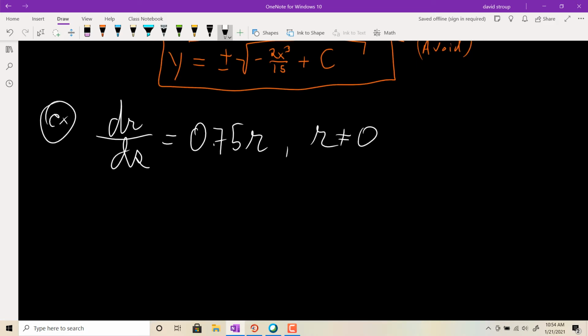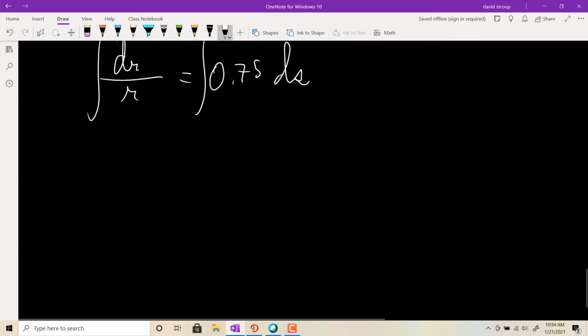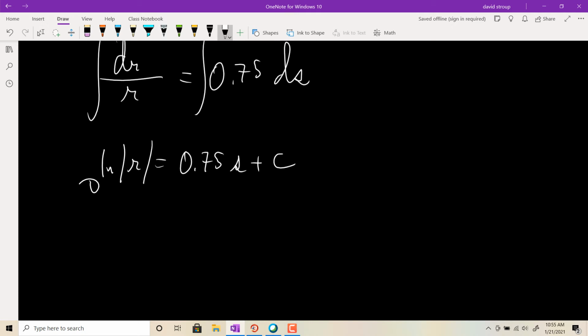Okay, this guy should look rather familiar. In particular, it is the exponential growth. It's just with weird variables, right? So we're going to separate, bring the R to the other side. I have 0.75 ds. Integrate both sides. And over here, ln, absolute value of R, equals 0.75 s plus c. Exponentiate both sides, absolute value of R